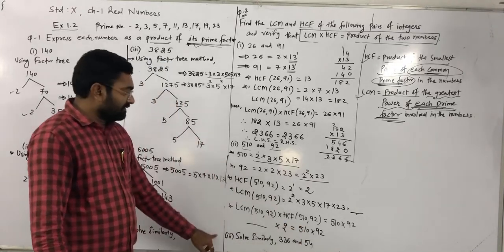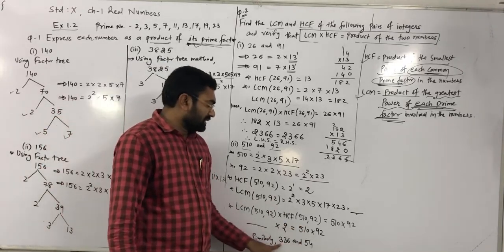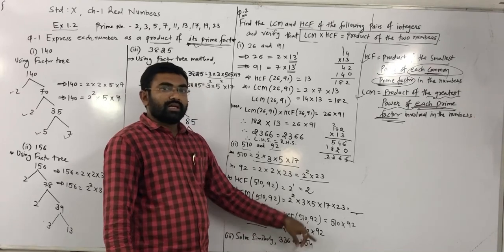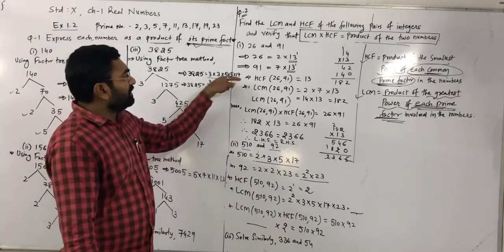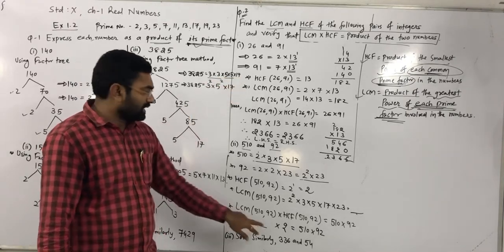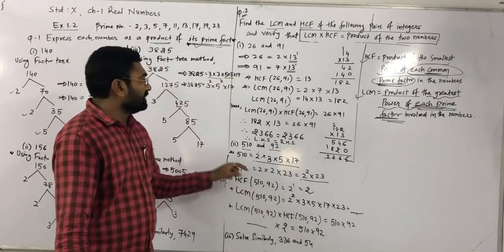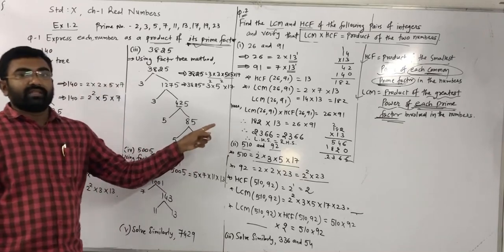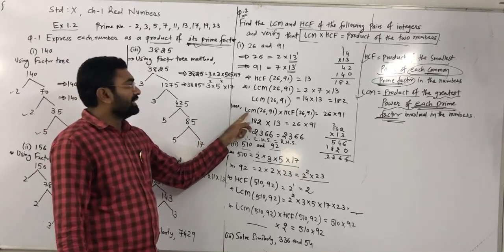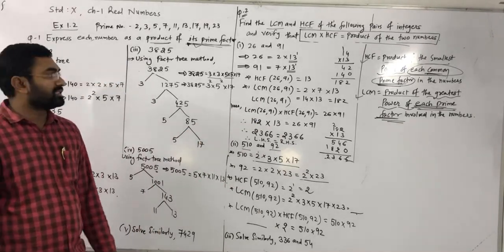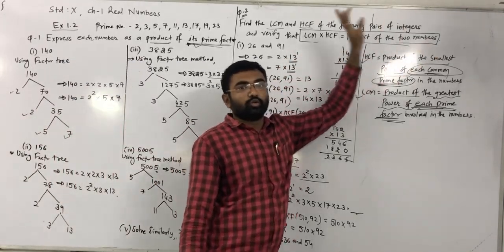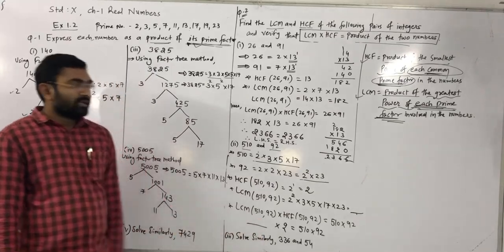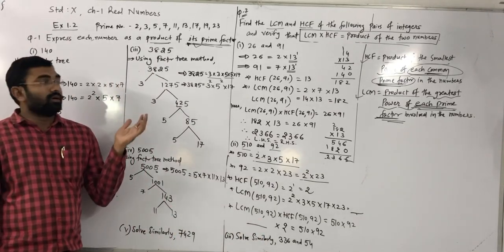Okay. Now in the same way you have to solve these two numbers, 336 and 54. You have to find their prime factors, then also find the HCF and LCM of the two numbers, and then verify that equation: HCF of the given two numbers into LCM of the given numbers is equal to the product of the two numbers. Okay. Remaining questions, question number 3 onwards.